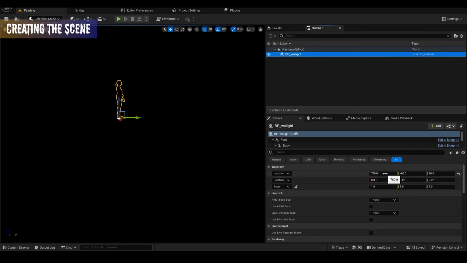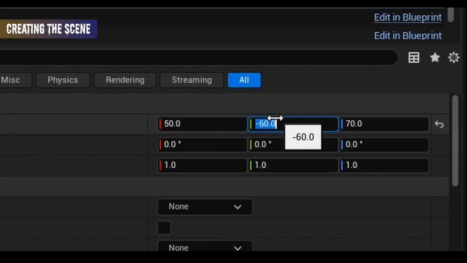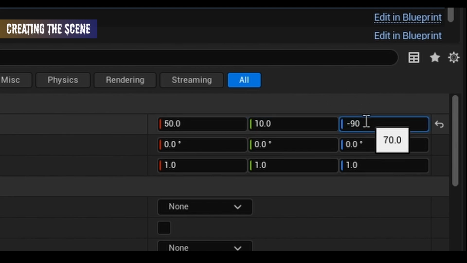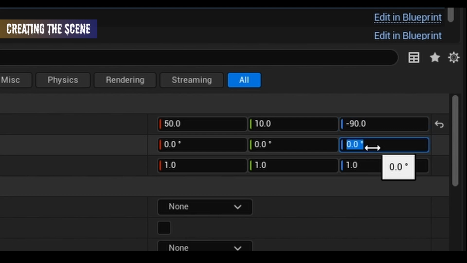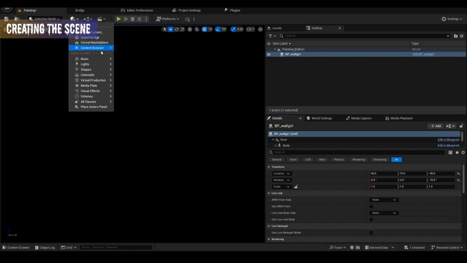So I'm gonna change the location to 50, 10, minus 19. Here the rotation y is minus 70, and I'm gonna add the